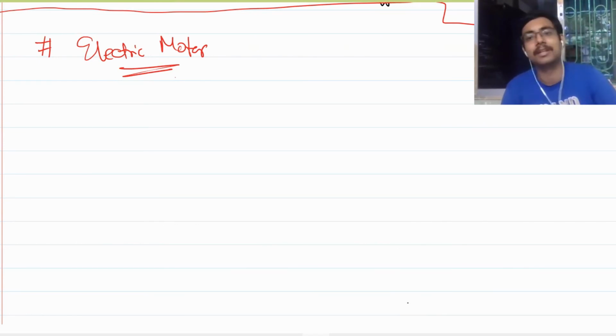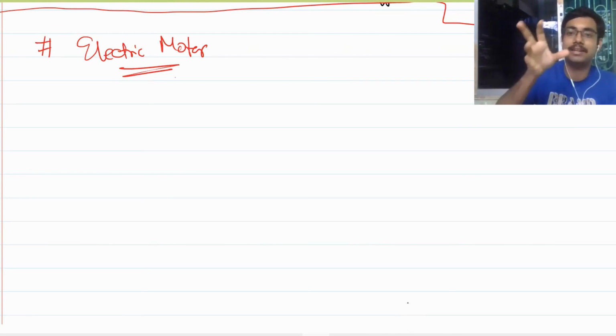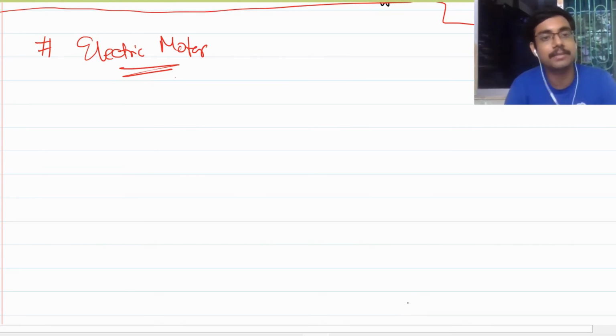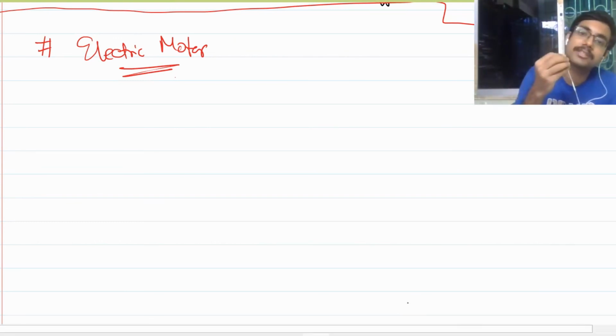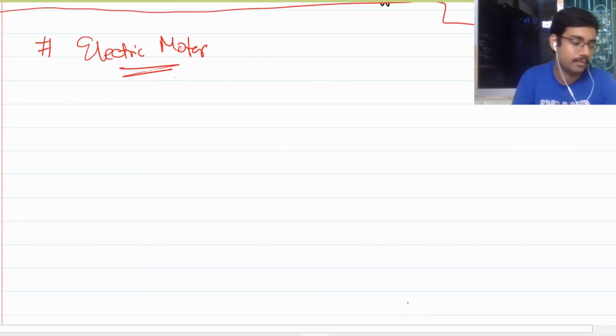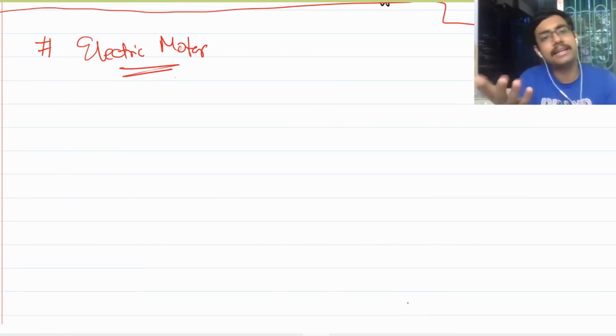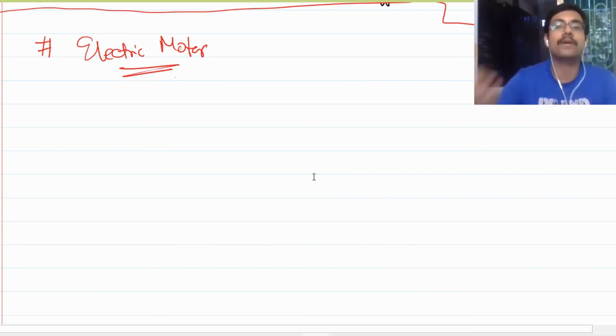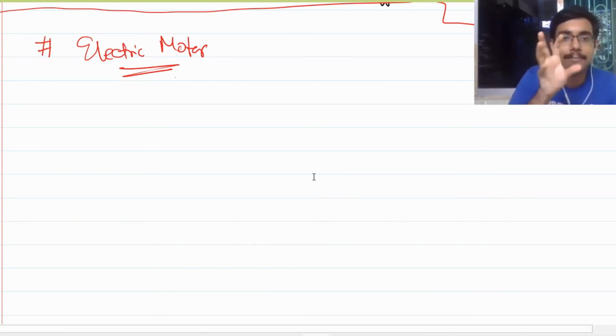So, how is this possible, that we are able to rotate a structure by producing electric current? See, when a structure is rotating because of electric current, that means there is some force being acted on that system, isn't it so? And that force can happen only if you have a magnetic field along with the current carrying conductor. Is this clear? I'm telling you that an electric motor is a phenomenon where you provide electric current and the thing rotates. Now, how is this rotation possible?